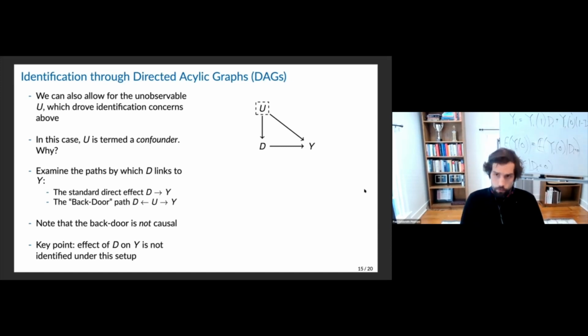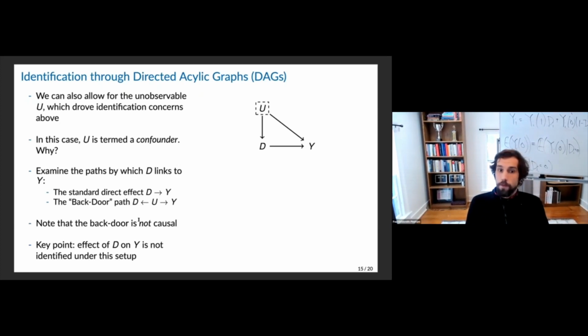And what's great about this notation is that we can talk about the different paths in which D is linked to Y. So now, and this is what we're going to do in a number of these settings, we can look at the standard direct effect of D on Y. That's the one we were doing before. That's the one we're interested in, where all of the arrows are going in the same direction. So D is affecting Y, and it's a causal direct effect. Then